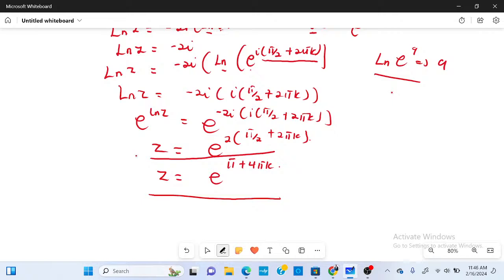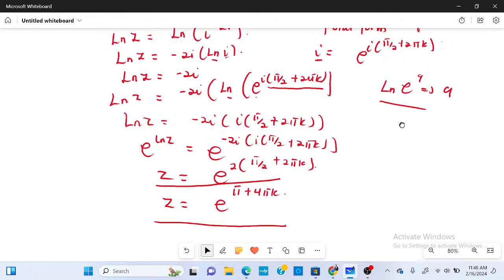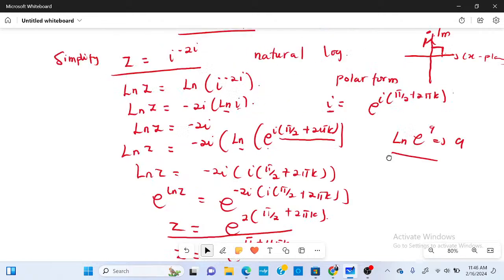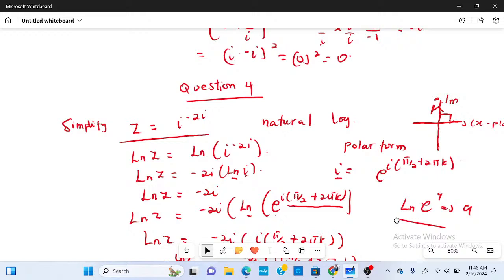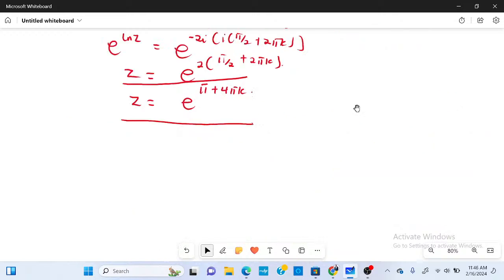It's so simple. So let's move to our next question. So what's the question number for this? This was question 4. So let's go to question 5. So to solve question 5,